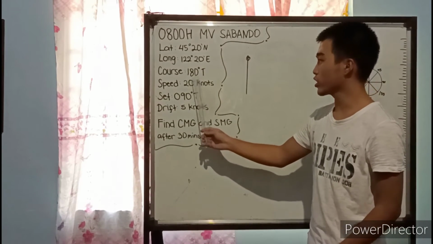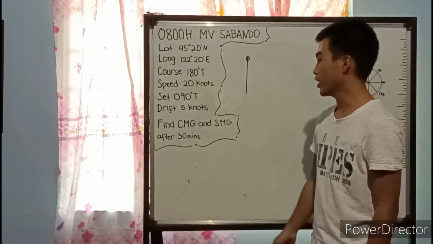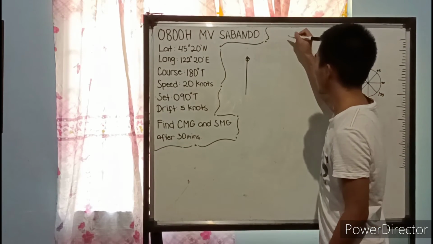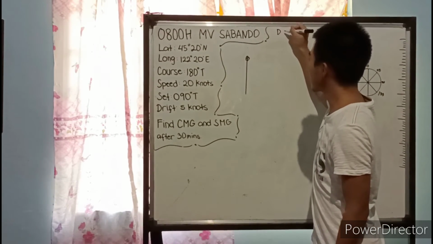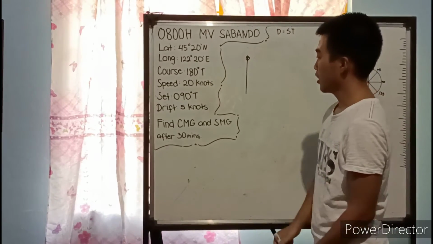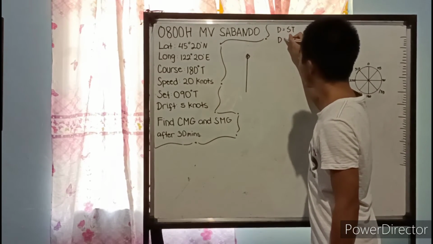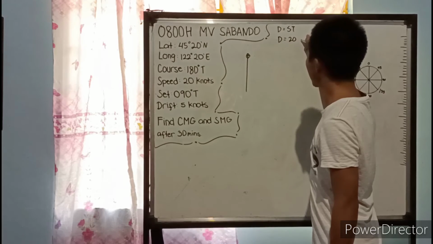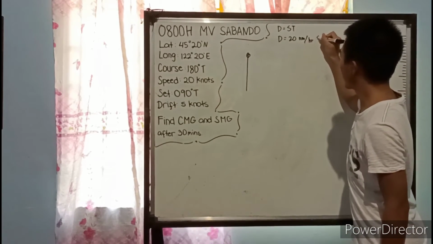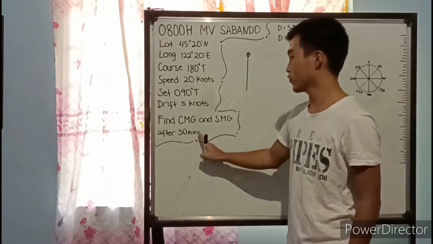To find the distance, we're going to use the 20 knots, and the 30 minutes our time. So to find this, we're going to have the formula: distance is equal to speed times time. Our speed is 20 knots, or 20 nautical miles per hour. Multiply this by the time, 30 minutes. So if we convert this,